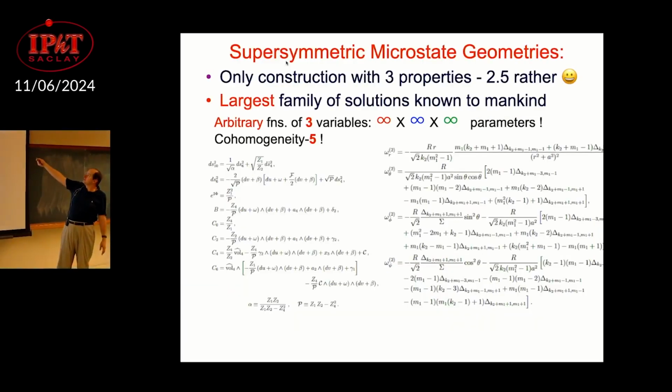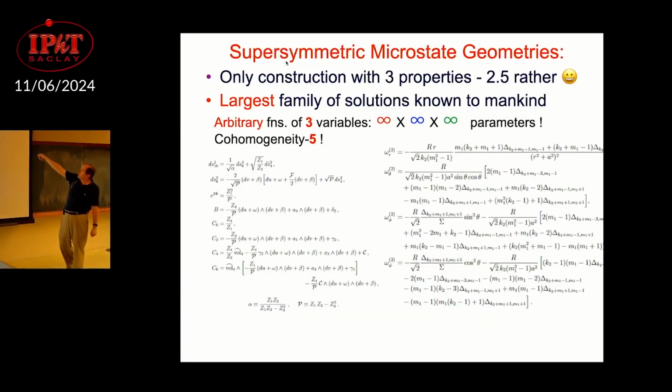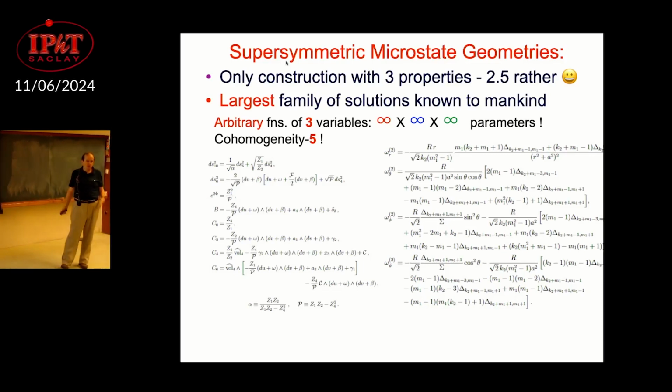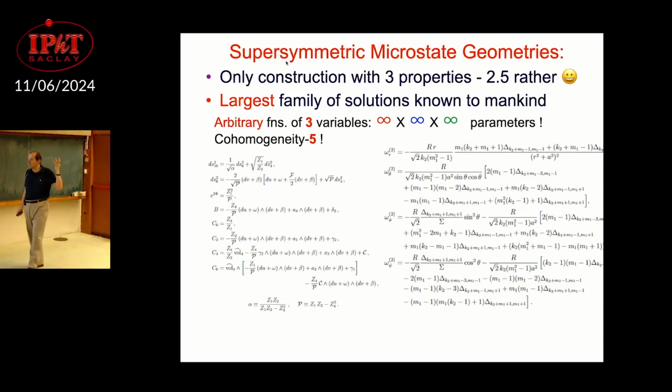And that's why, on the next slide, I say that the only constructions with these properties are actually 2.5, because, again, we haven't built all of them. We can really do these things in string theory using microstate geometries. Essentially, they're supersymmetric geometries which look like a black hole, quack like a black hole. They have the same faraway region as a black hole. They have a long black hole throat, and then at the bottom you find the cap. And those are cohomogeneity 3 solutions, functions of 3 variables, so essentially parameterized by infinity times infinity times infinity number of parameters. Horrible solutions. I'm not going to go into that.